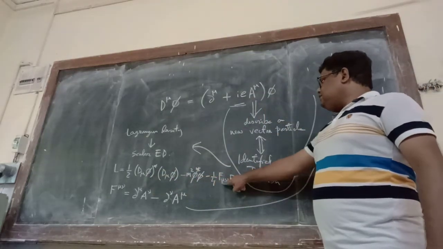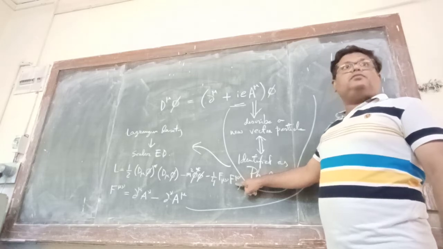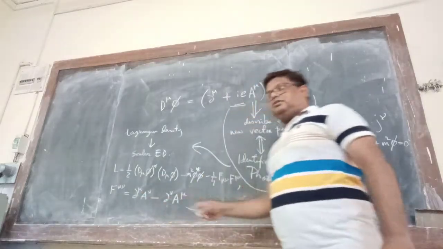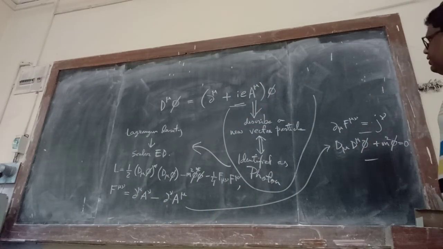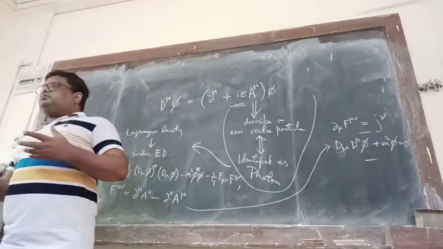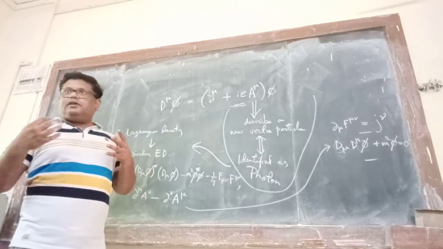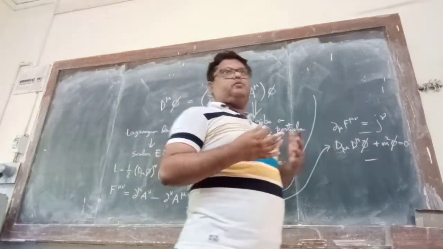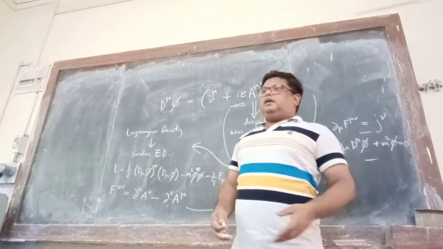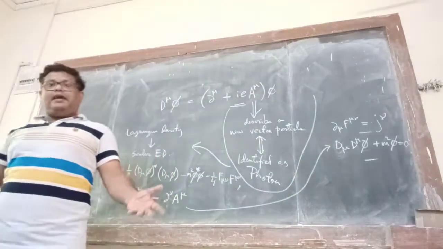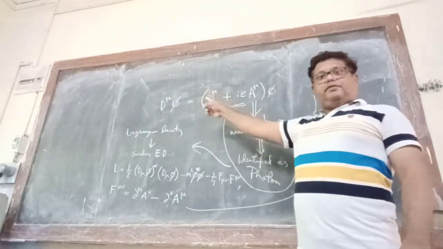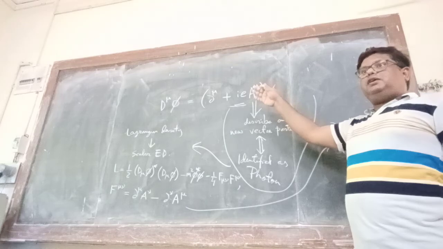You see, and this is what? F mu nu, right? And it is written in terms of the vector potential like this, and these are the final forms over here. So you see, what is happening is that previously I talked about local phase transformation, and then we saw that in case of local phase transformation, for the case of complex scalar field, the Lagrangian density doesn't become invariant. Now, one of the ways of making it invariant is introduction of the covariant derivative,